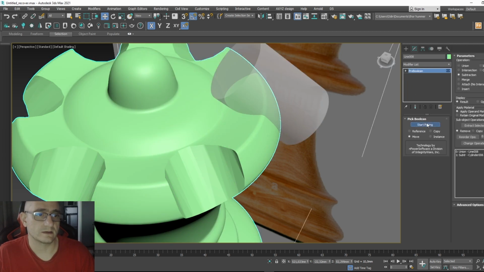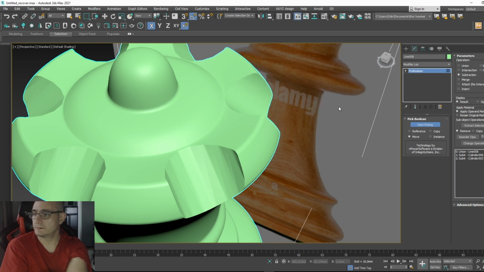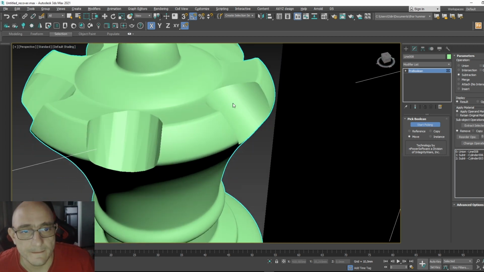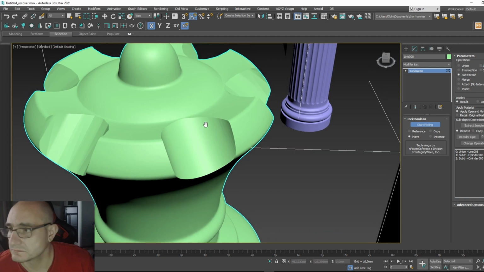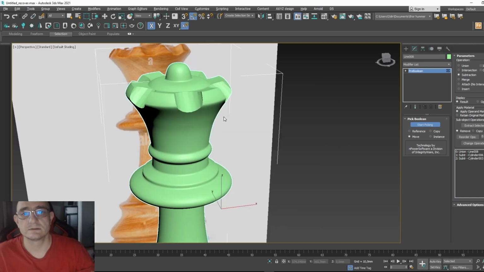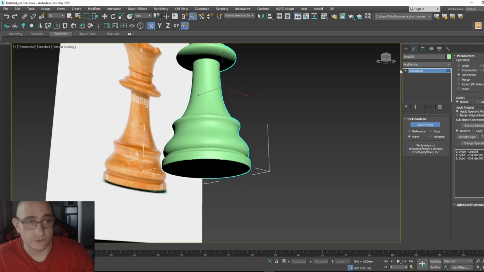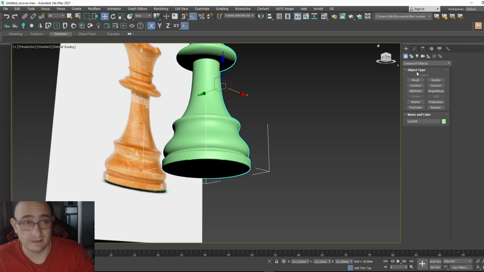Now we can start picking again and press this. And you will see how better it is if we did that for all the cylinders. Yeah, this is quite perfect compared to this. So now we have the queen. And if you also want to make it a little bit better,